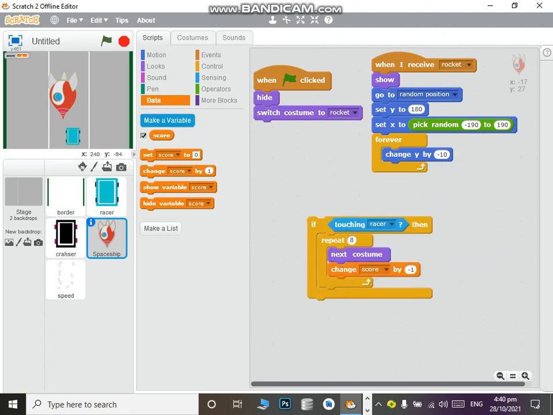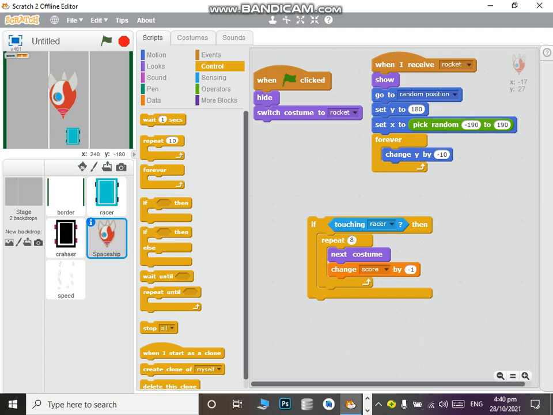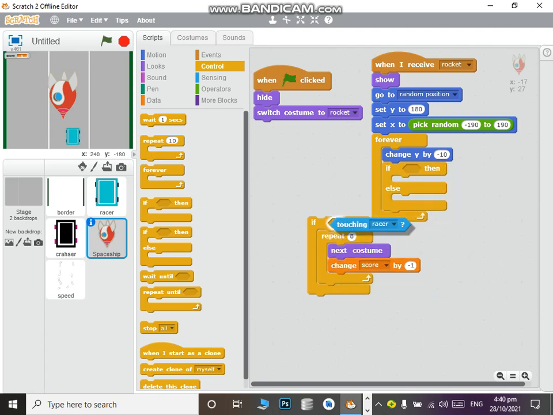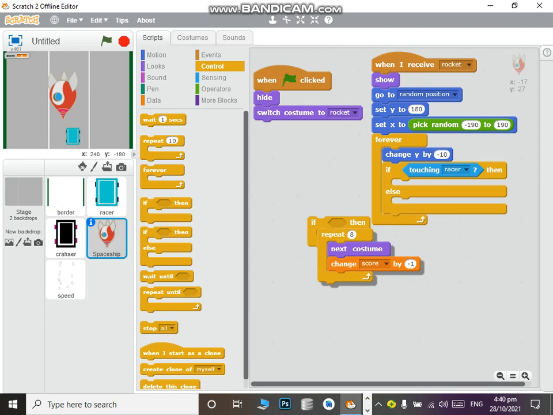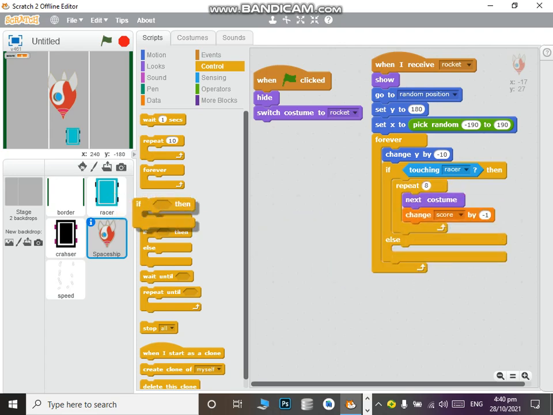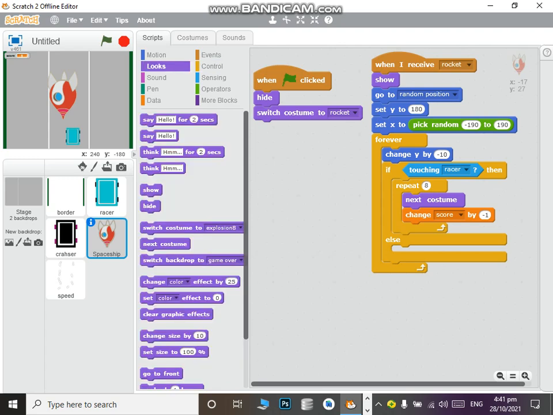Okay, I want to use this condition here. Just replace it with these things. It's good. So if it does this, then it will do this. Else, if it doesn't, then the costume should remain the same. Switch costume to the rocket. If it touches it, it should explode and reduce the score. But if it hasn't touched, that's the else, it should remain as the rocket. Okay,